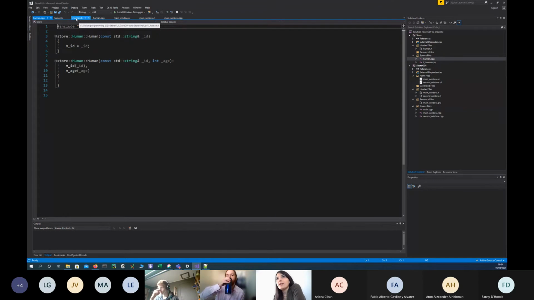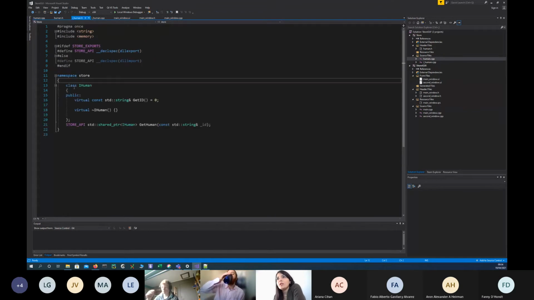So because of that, I have ihuman.h. Inside that, I have this one, which is an interface, which has only pure virtual functions. But this namespace, this library, also has a function. It's in this namespace, not in the scope of the interface, which is just a function that returns an object